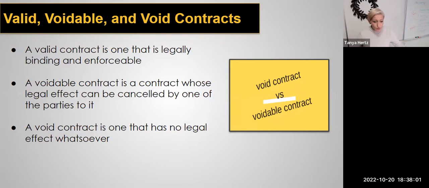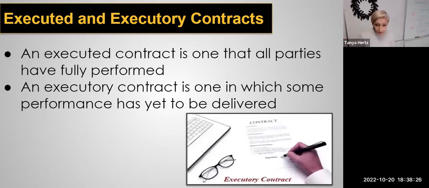So that would be an example of a contract that would be legally voidable. A void contract is a contract that cannot be enforced. It doesn't have a legal effect. If you got into a contract with somebody who was, let's say, 15 years old, who offered to pay for services, well, they're not old enough to enter into a legal contract, and so that's a voidable contract. If somebody asked you to do something illegal, that's a void contract because contracts need to be legal, right?